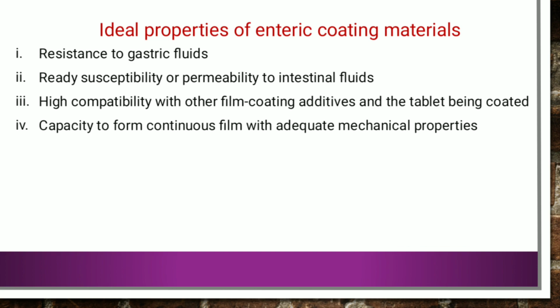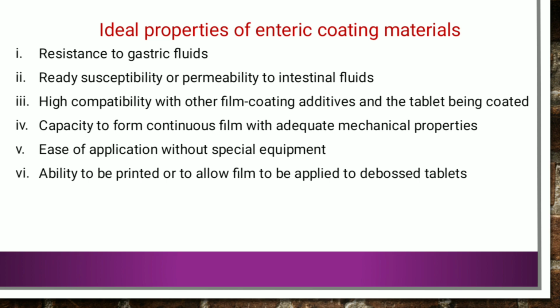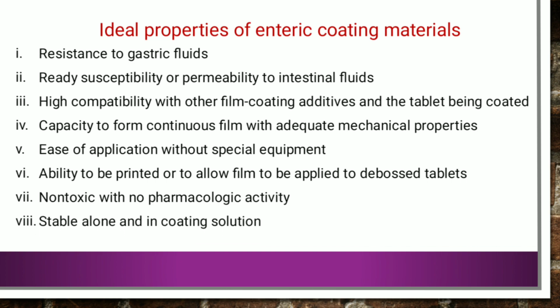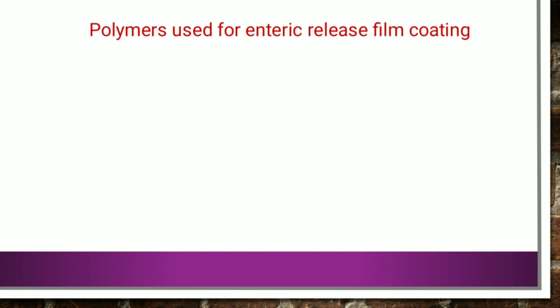Then the next one is it should be capable to form continuous film with adequate mechanical properties. It should be ease of application without special equipment. Then ability to be printed or to allow film to be applied to debossed tablets. It should be non-toxic with no pharmacological activity, and it should be stable alone as well as in coating solution. Then the various polymers that are used in enteric coating are